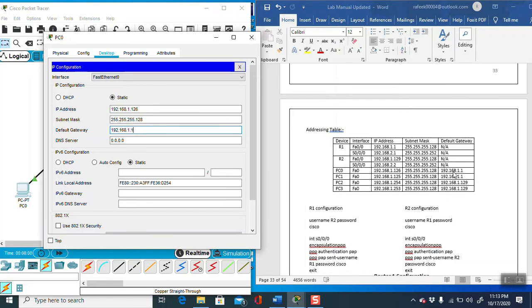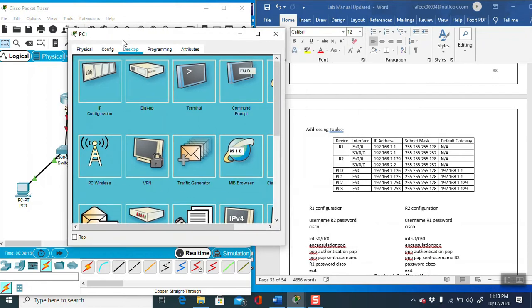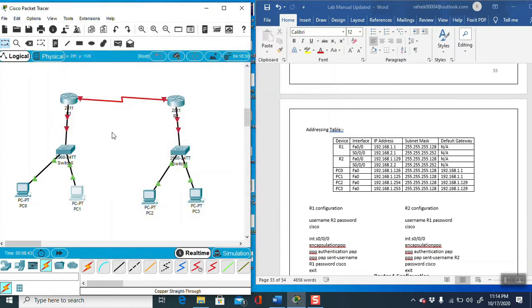I have given the IP address of the first PC.